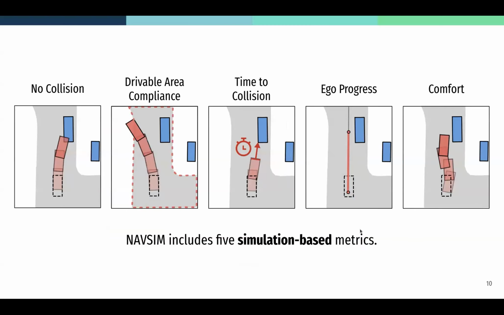And now that we have a simulation which is extremely lightweight, since we've removed both the sensor simulation and the traffic simulation aspects, all we need to do is simulate a bird's eye view representation of the ego vehicle. We can actually measure metrics that we care about in the simulation. So we don't need to use displacement errors anymore. We can check if the vehicle under this non-reactive simulation paradigm is colliding with other vehicles, staying on the drivable area, and so on. So I'll quickly step through 5 metrics which we currently use.